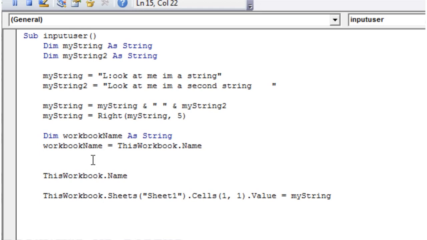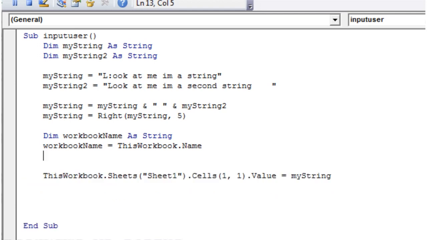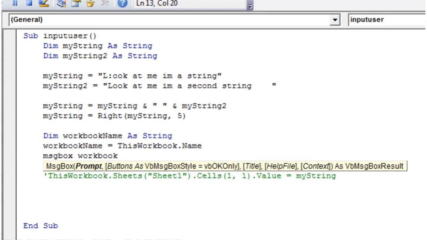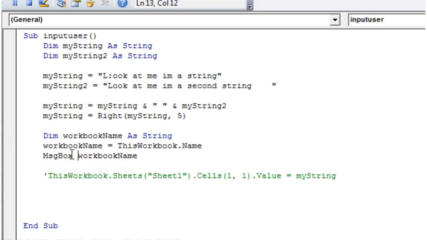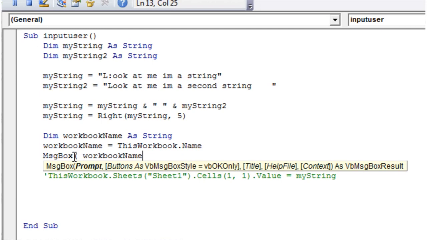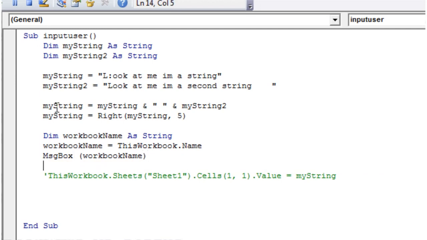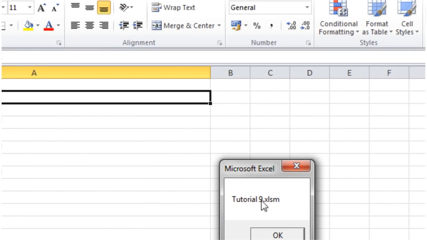This is going to take the name of the workbook and put it into our workbookName. So let's try putting this into a message box. Let's just comment this out so that doesn't stay. So MsgBox and then workbookName, put that in parentheses, and then press play, and you see it's coming up with tutorial9.xlsm. So this is going to give us the full name including the extension of the file,